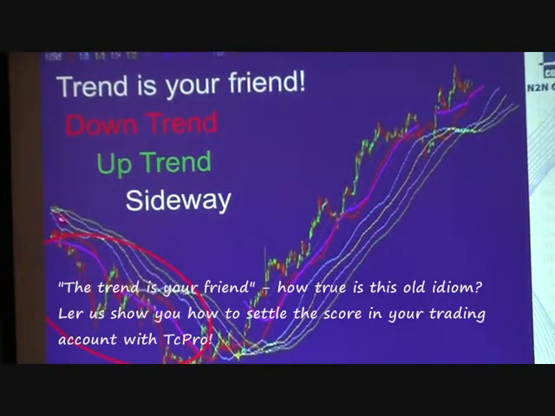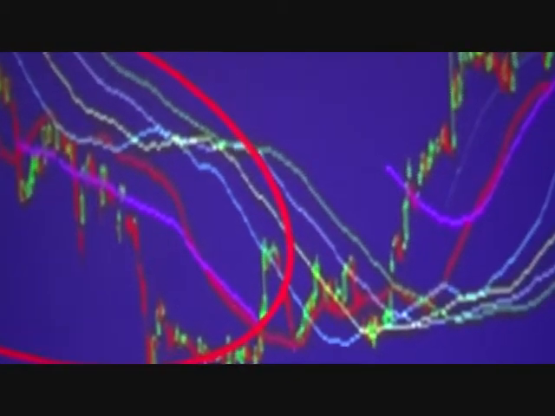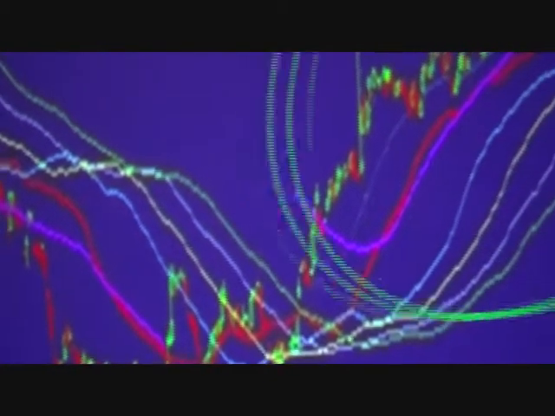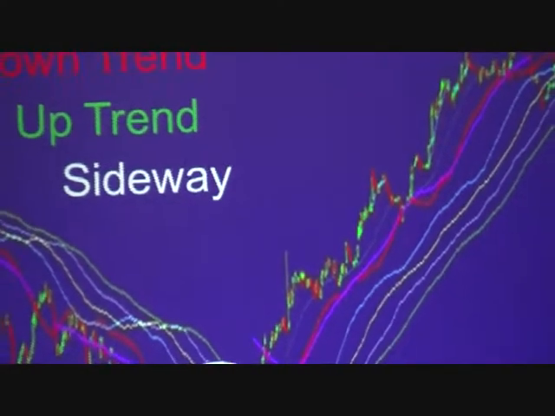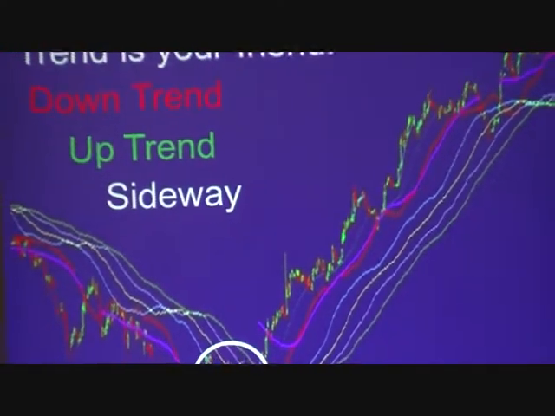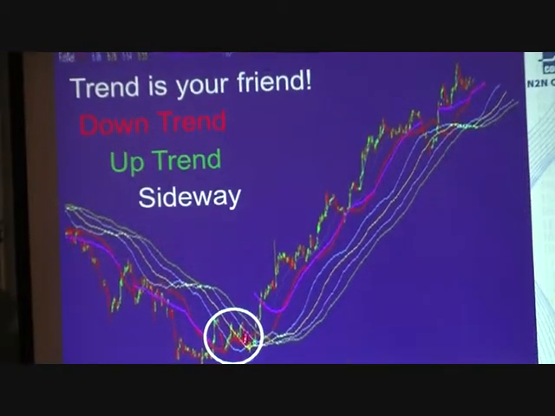When the price is below the moving averages, this is a downtrend. When you see the price on top of the net, it is an uptrend. And there will be sideways, when the price goes into the net. That's this whole session. Okay. From this point inside, up, down, up, down, up, down.